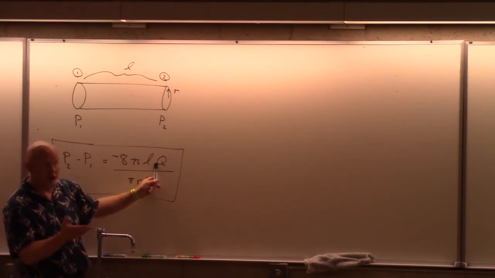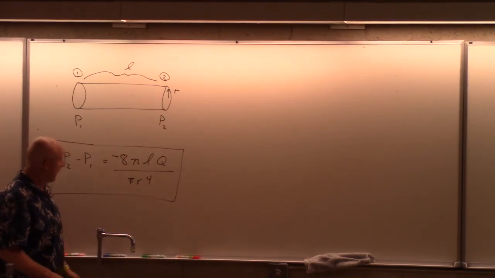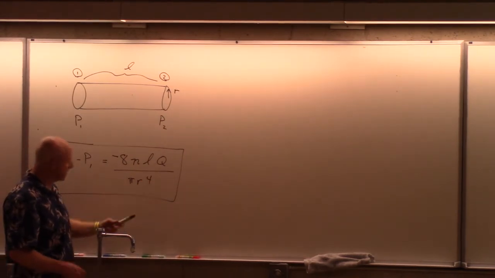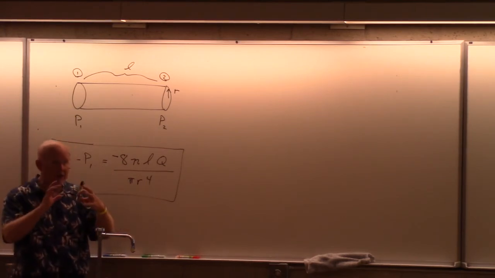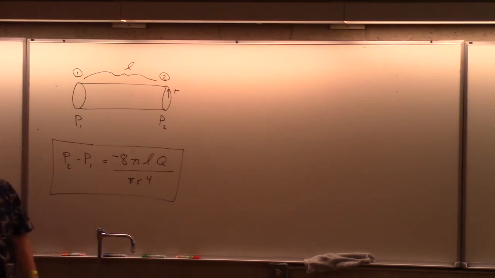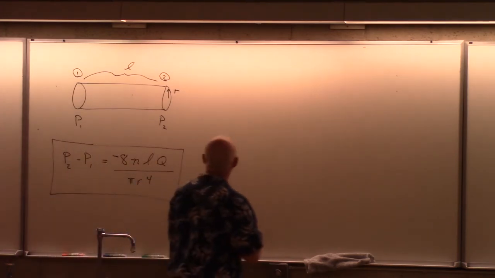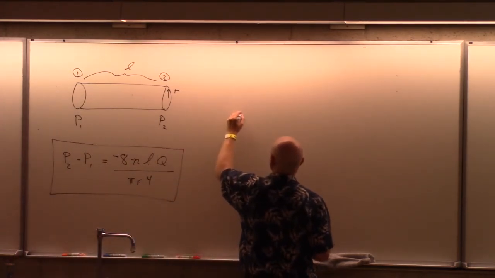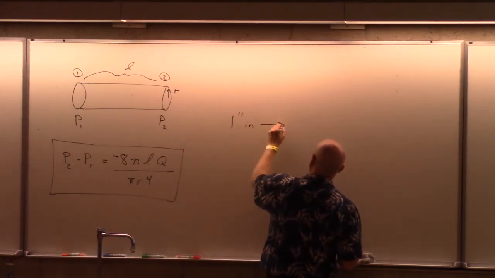This is how much you're flowing. And the fact that the radius is in it is not a surprise. If you had a small radius, you would kind of go, oh yeah, small radius, hard to get through. But here's a big surprise to me. What if you cut the radius in half? So what if you went from a 1-inch pipe,